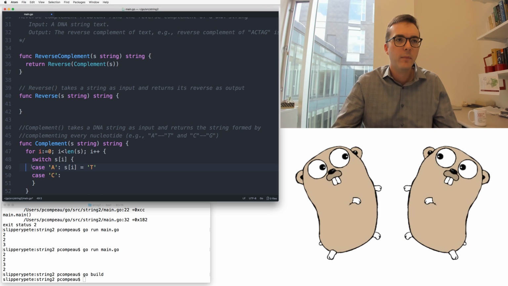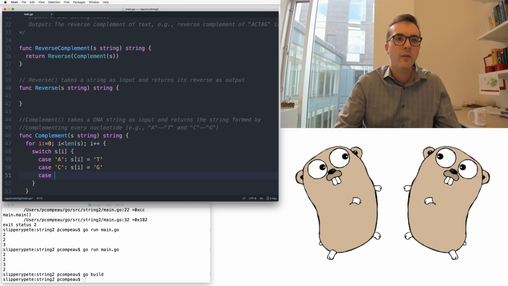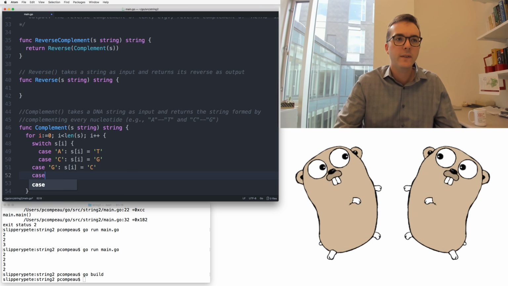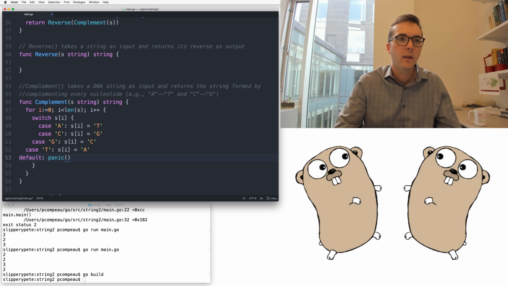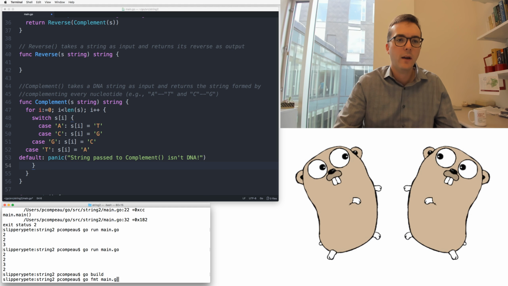Don't know why the indentation is doing that, but we could have the other cases. S of i is equal to G if we see a C. If we see a G, then S of i is equal to C. If we see a T, S of i is equal to A, okay? And then at the end, maybe we would have a default where we would panic and say something like string passed to complement isn't DNA. Okay, and I'm just going to go fmt main.go